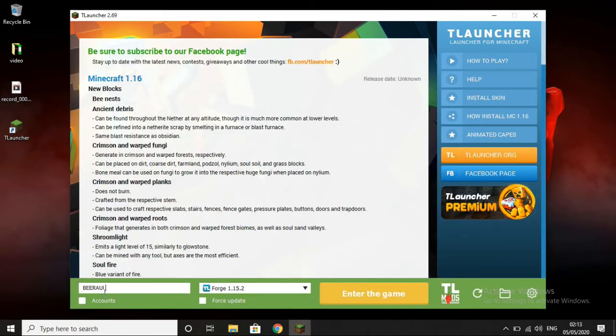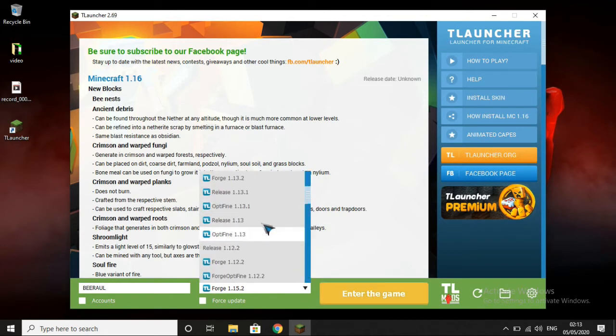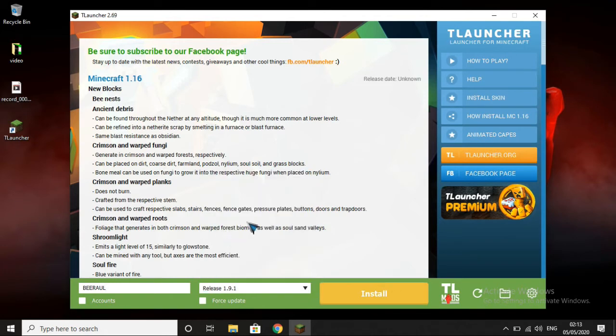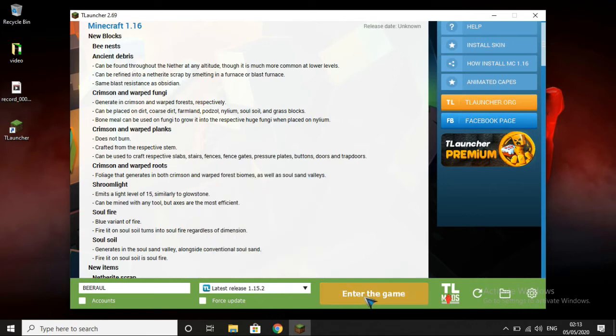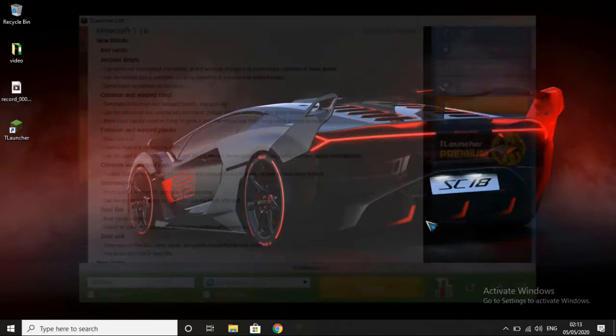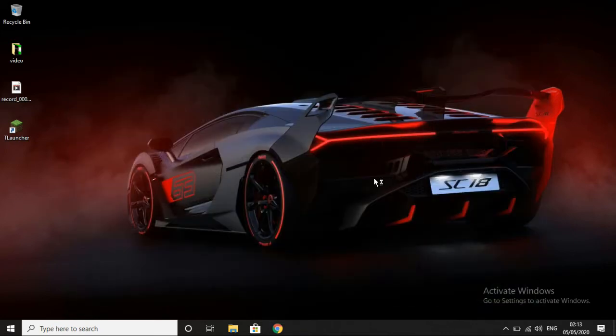Here you can do multiple things. You can change your name, which will appear in the game, or you can change the Minecraft version that you want to use. You can change to the latest version, or you can just go down to the first version, or you can go down to whichever version you want. So just select whichever you want. In this case I'll be showing you Minecraft 1.15.2. I'll show it in a second. The latest version and the new versions also get added in the TLauncher.